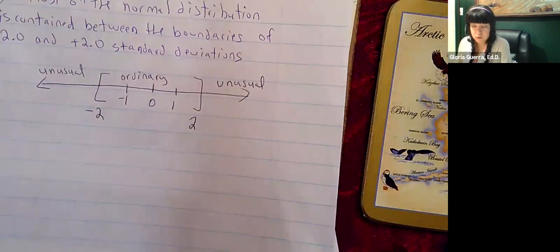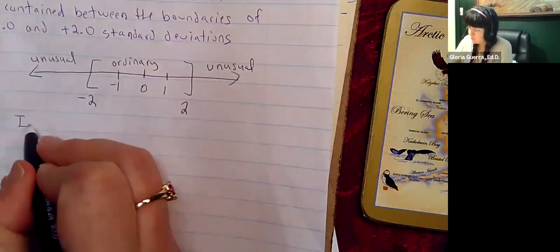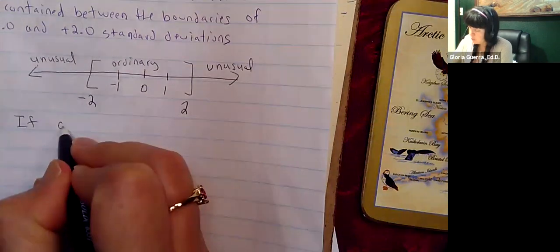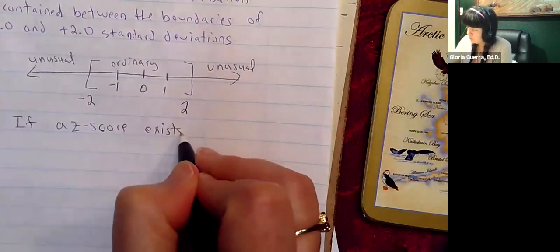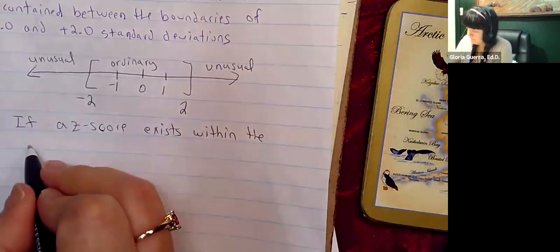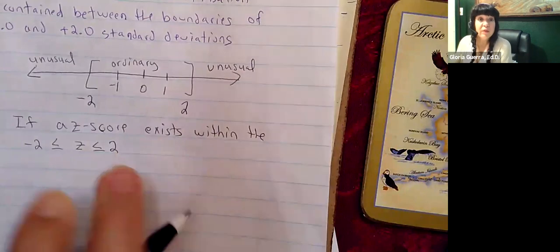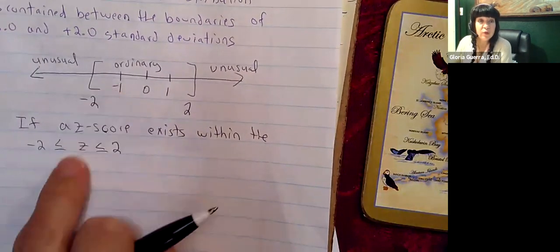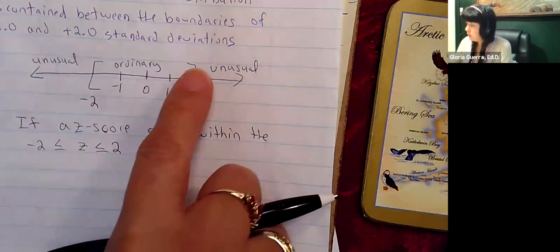So you want to tell yourself that, and this has to do with your z-scores. So you make a comment about your z-score. So if a z-score exists within the -2 to 2 range, including it. See, these little bars mean including it, bracket, not parenthesis. If the z-score falls within this range,